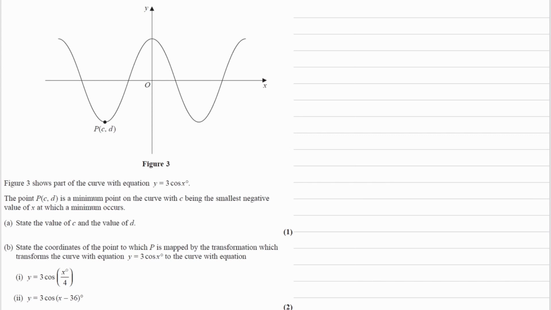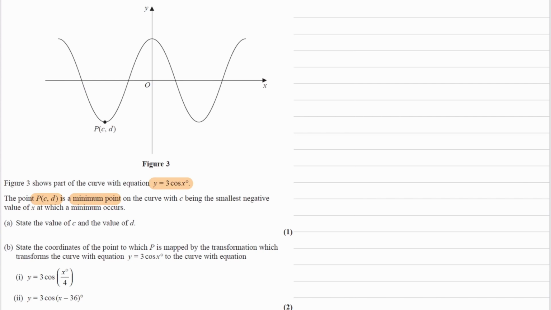Figure 3 shows part of the curve with equation y is equal to 3 cos x. The point C, D is a minimum point on the curve, with C being the smallest negative value of x at which a minimum occurs. And then we're trying to state the values of C and D. So to do this, we have to think about the transformations that have happened to cos x to make it